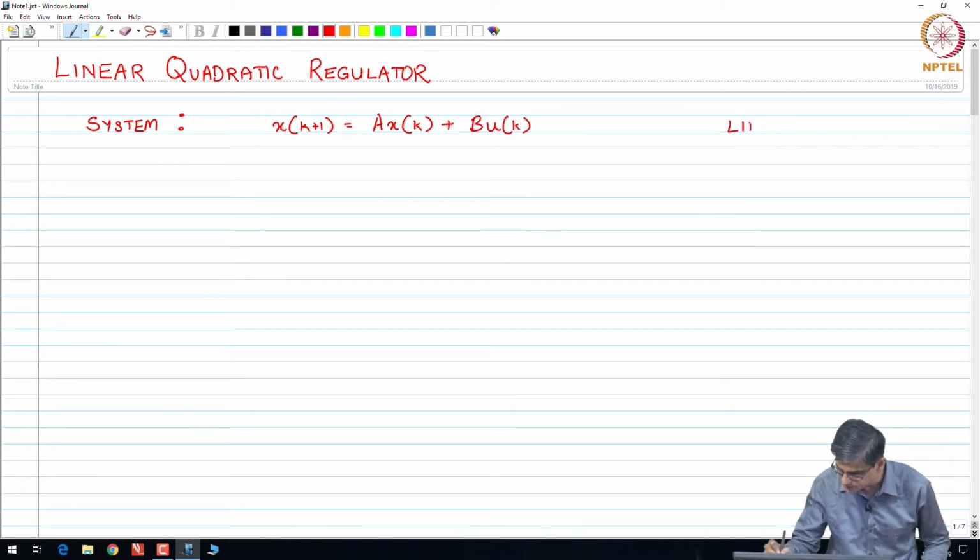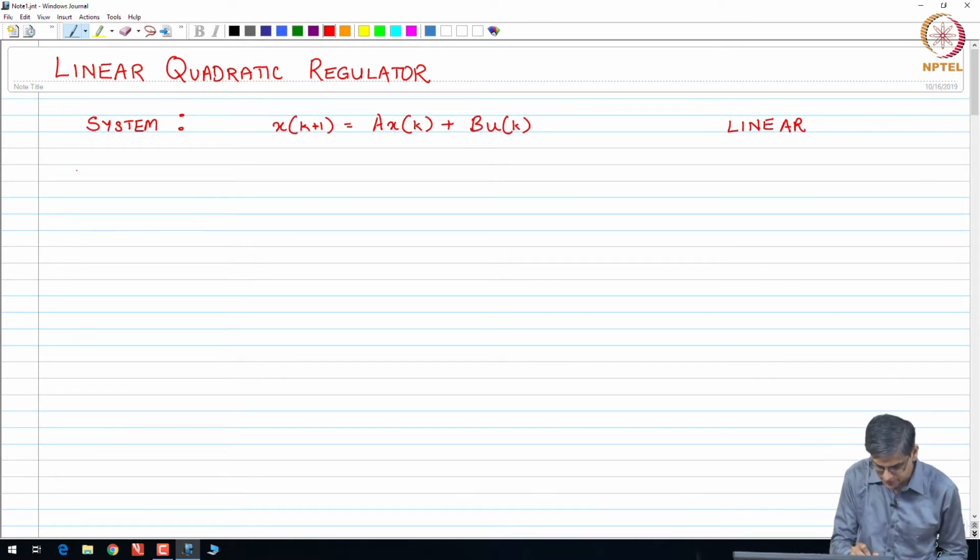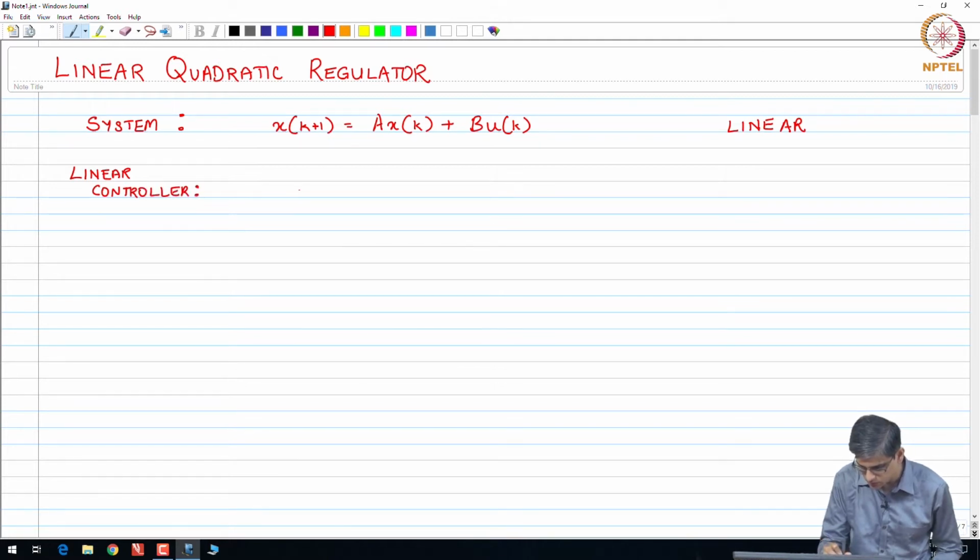This is a linear system, okay, and we have a linear controller which is